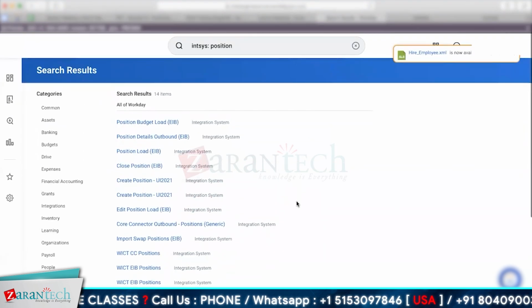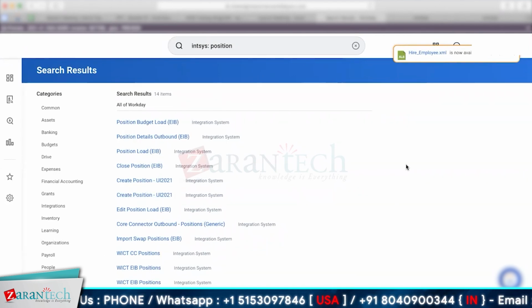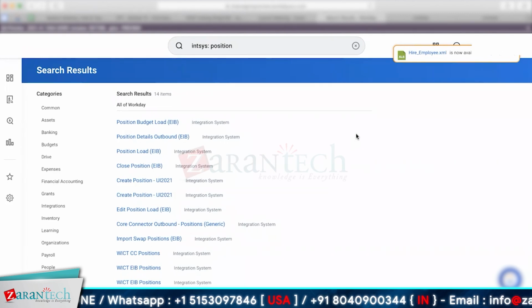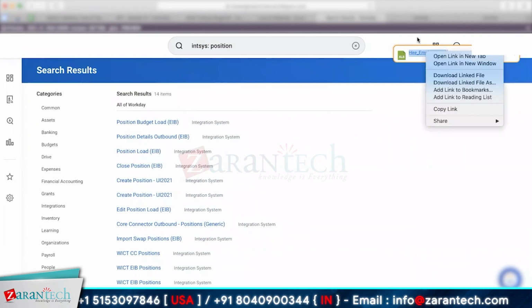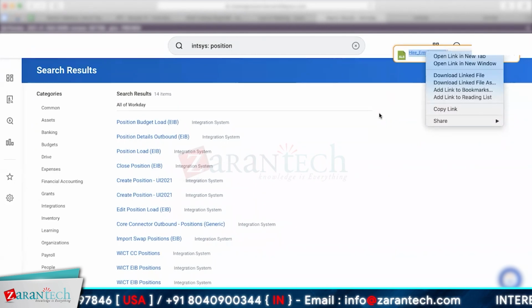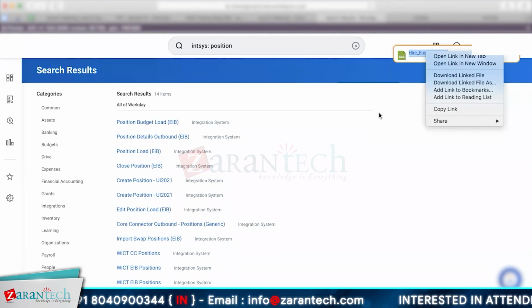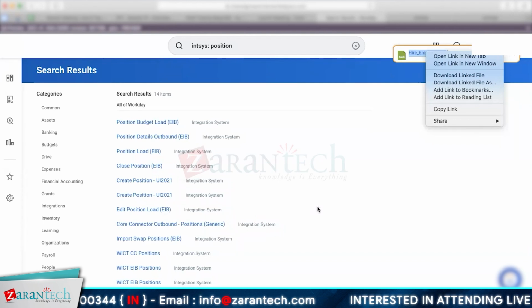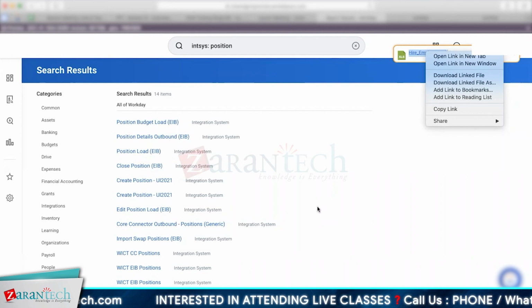So create position, close position, these are again all different kinds of EIBs, but we use these EIBs when we want to run the process in bulk. These are not recommended in order to run a hire process or create a position for a single record. These should be used